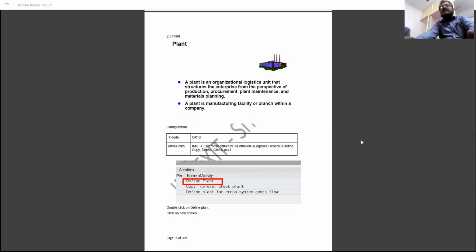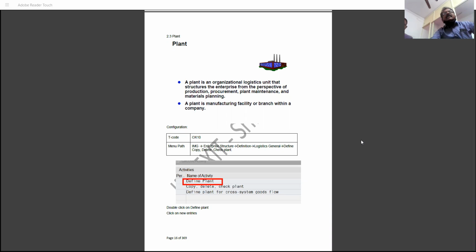And today we are going to discuss in SAP how to create a plant. So already we discussed in the last class how to create company and company code, business areas and functional areas and other things. Today we are going to discuss plant. Here in SAP this is one of the important activities. We are going to create plant, storage location and all.